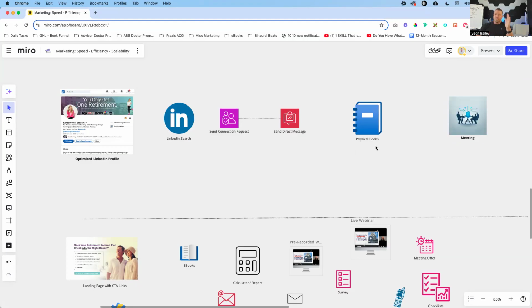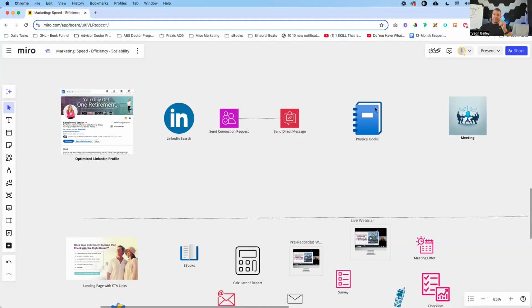When it comes to retirement planning, financial planning, legacy planning, estate planning, business planning, oftentimes we don't know when somebody's going to be ready to move forward. It could be a week, a month, a year, 3 years. It's an individualized process for everybody that comes through. But the goal is that when somebody is ready to move forward, you position yourself to be that information source, because you have been that guide. You've been handholding them through that entire nurturing process.